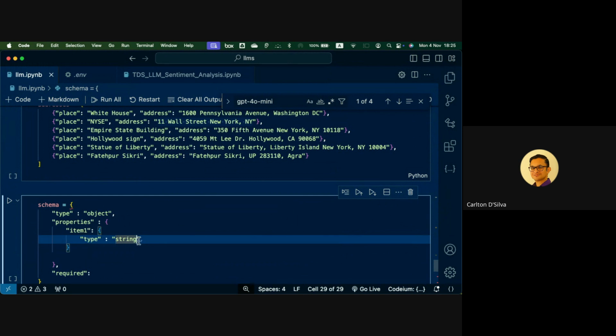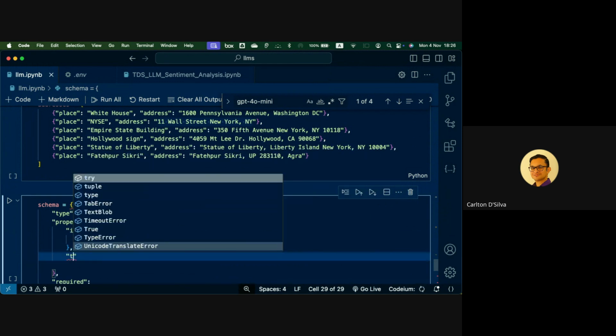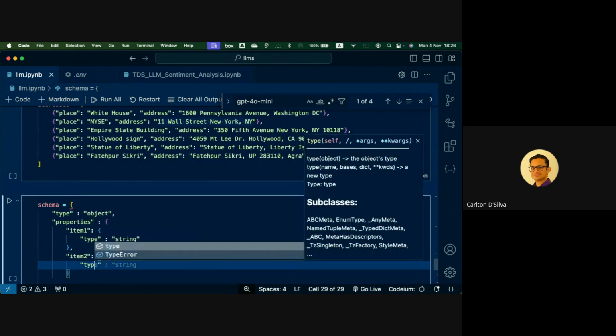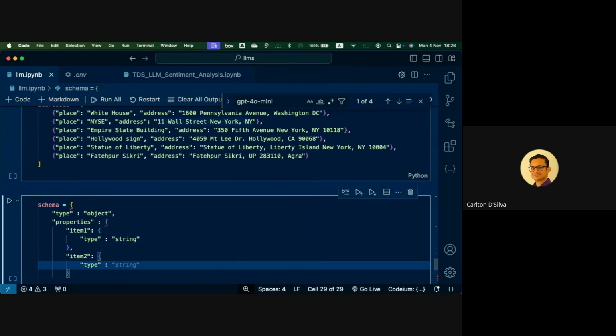Item one is of type string. So that could be something that's in the properties of this object. Okay. And then, okay, there might be item two. And we can say, okay, we have to now describe this second item in the JSON schema, right? So I'll say, okay, this will be of type number. Yeah, that's possible.